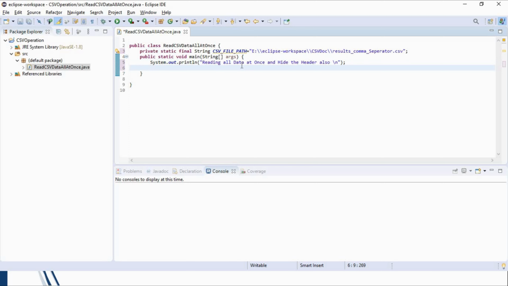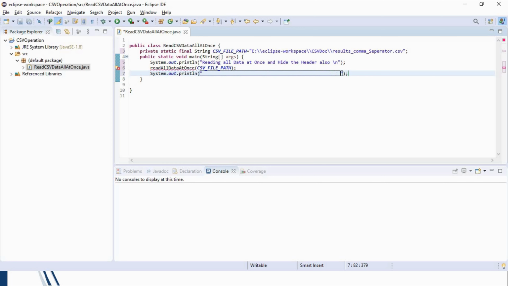Now the method name, and now we will start to write our defined method.